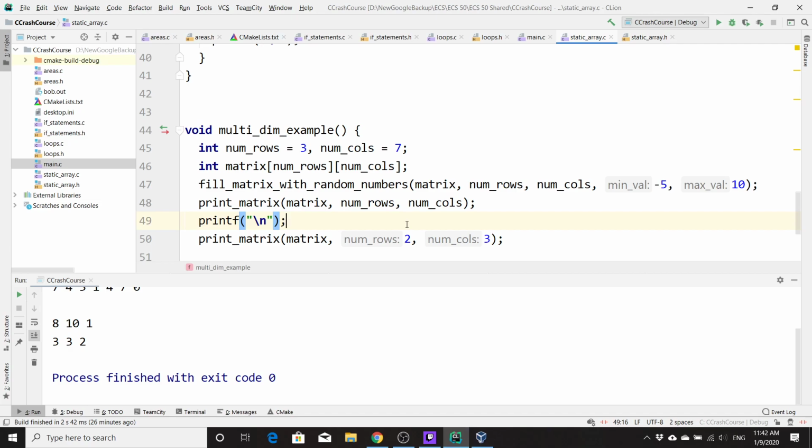What happens if we would like a pointer to P1? What would its type be? int star star, right? If you want a pointer to something, it's always one more star than its type. Since P1's type is int star, we need an int star star. So we can do int star star